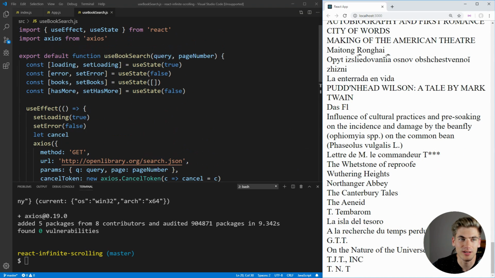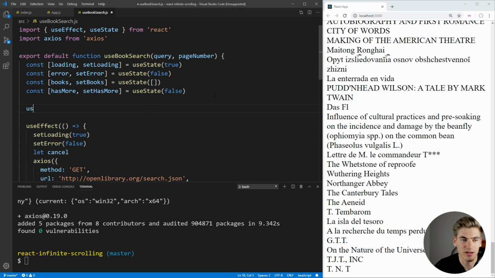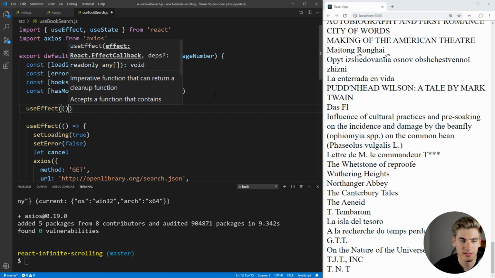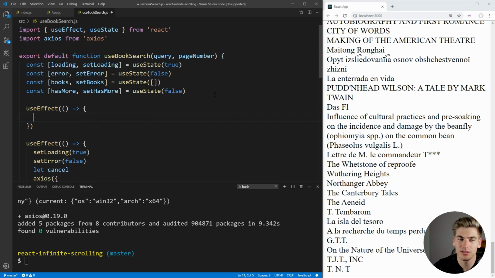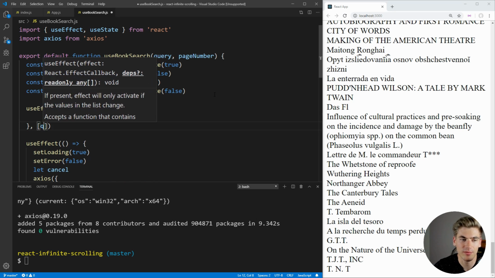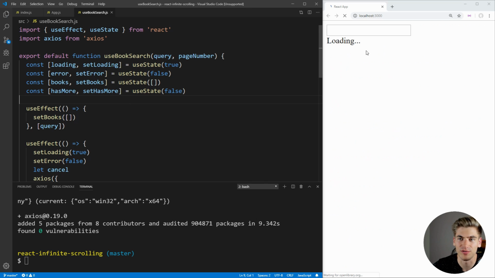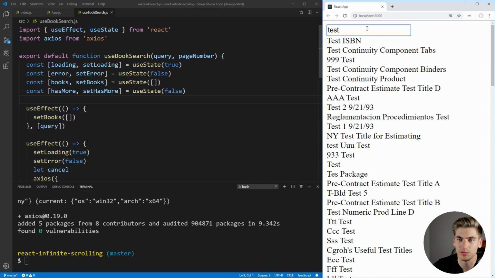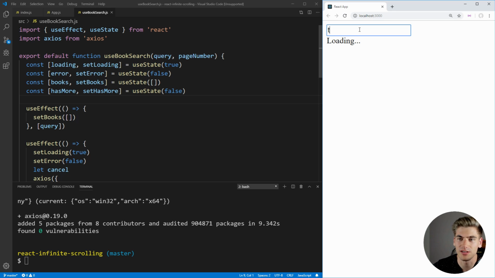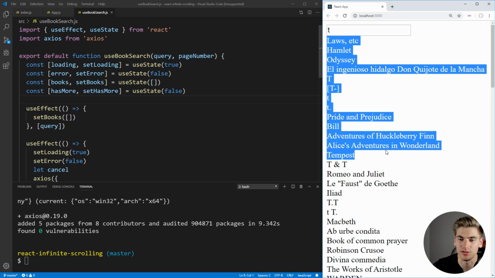So what we need to do inside of our use book search is use another effect. And this effect is going to be a very small effect. And all it's going to do is every single time that we change our query, we're going to set here our books. So we're going to say set books. We just want to set it back to an empty array. So every time we change our query, we're going to reset our book array so that we don't have any of our old books being shown up. Now if we save this, search for test, you see we get all of our test results. If we change it to T, you can see we're just going to get our T results back, which is